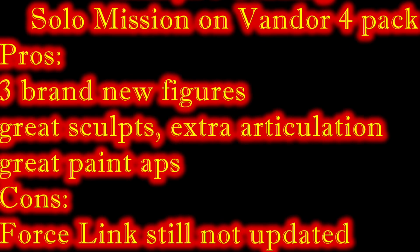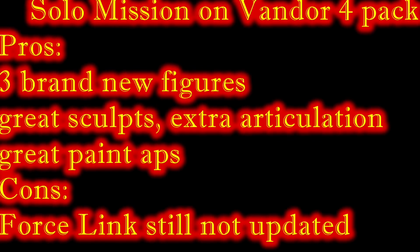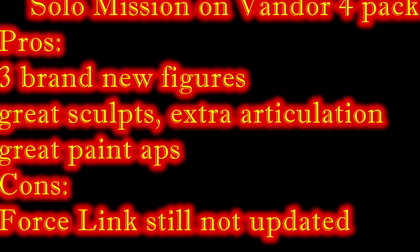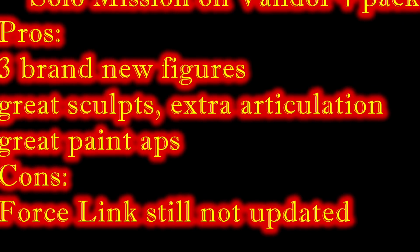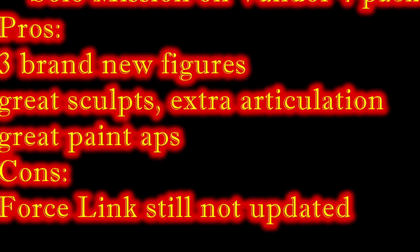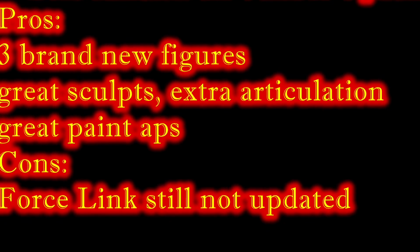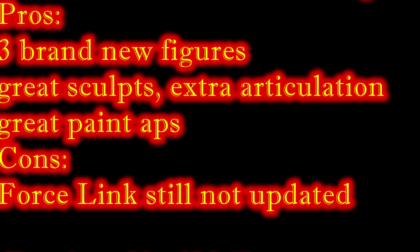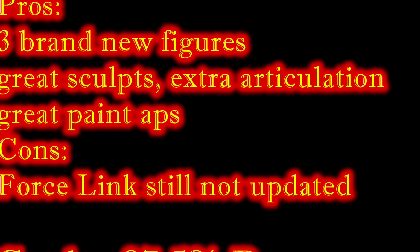Features, I give a 70%, mostly because the Force Link still is not updated and works for everything here. And that's ridiculous. It should work for everything at this point. And it's upsetting that it doesn't work for everything anymore. The paint apps, they're great. 95% on that. And overall value, I gave a 90%. Probably could give a little bit more just because we got 3 new figures, but I'm going to go 90%